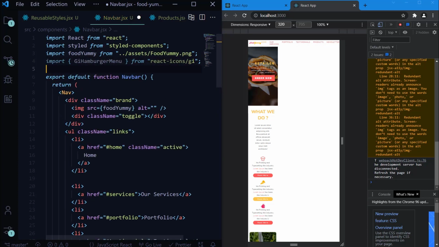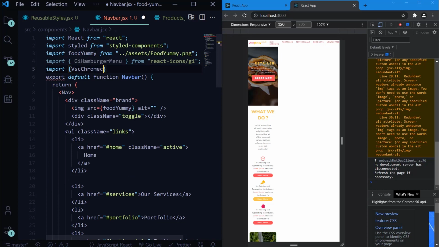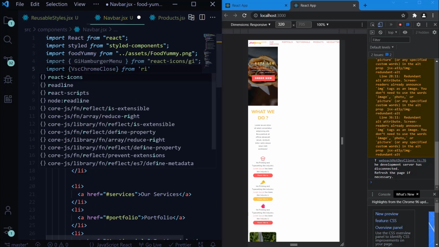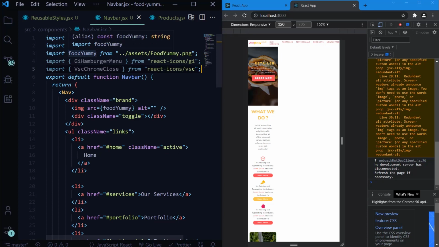Save it, and we'll also import VscChromeClose from react-icons/vsc. Save it, and we'll also import